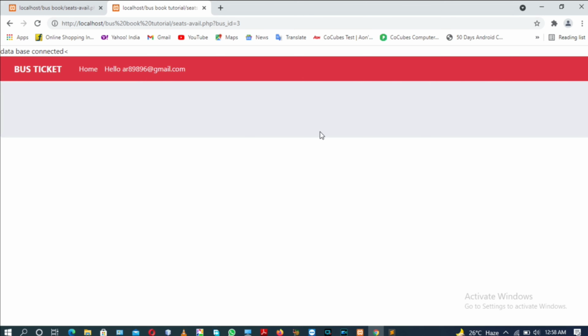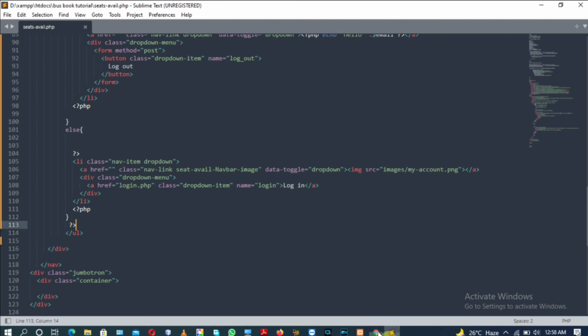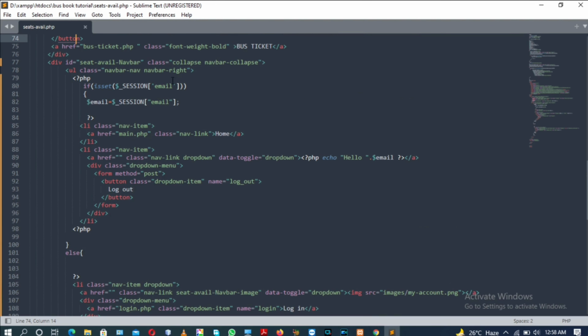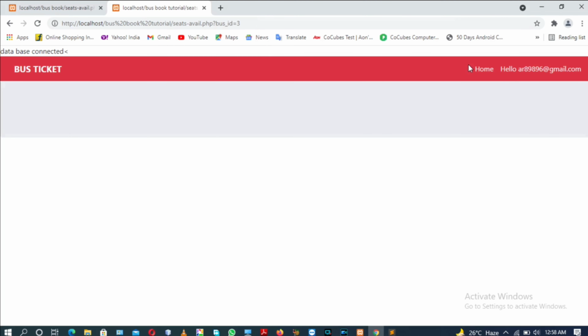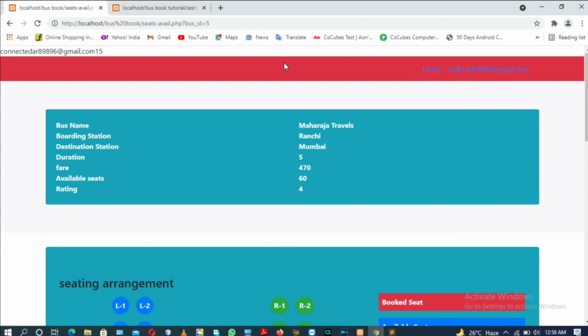For this just provide one tag, ml-auto. Refresh the page. Yes, now that's good as per our requirement.